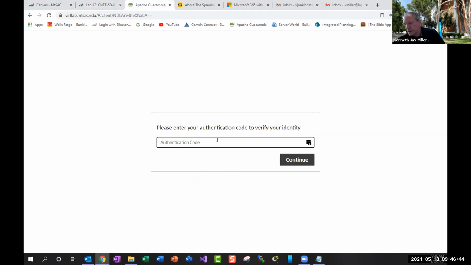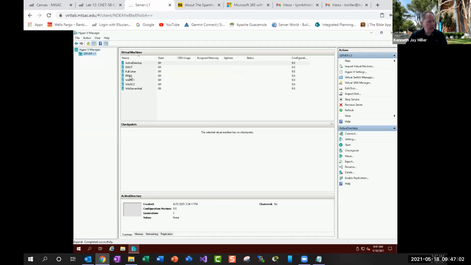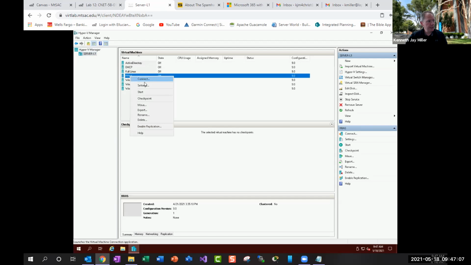And then connect with our Authy. Boom. Okay. And then when we're on our server with our RRAS turned off, go into the settings,